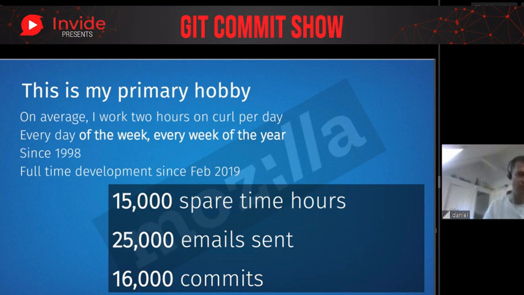And that has made it possible for me to do a lot of commits and spend a lot of time on curl. That is the foundation of what curl is today: a lot of time, effort, and patience. You just keep on polishing, keep on iterating, and fix the bugs. Do it again, and over time, if you just have the patience, it can actually become something that works and is good.